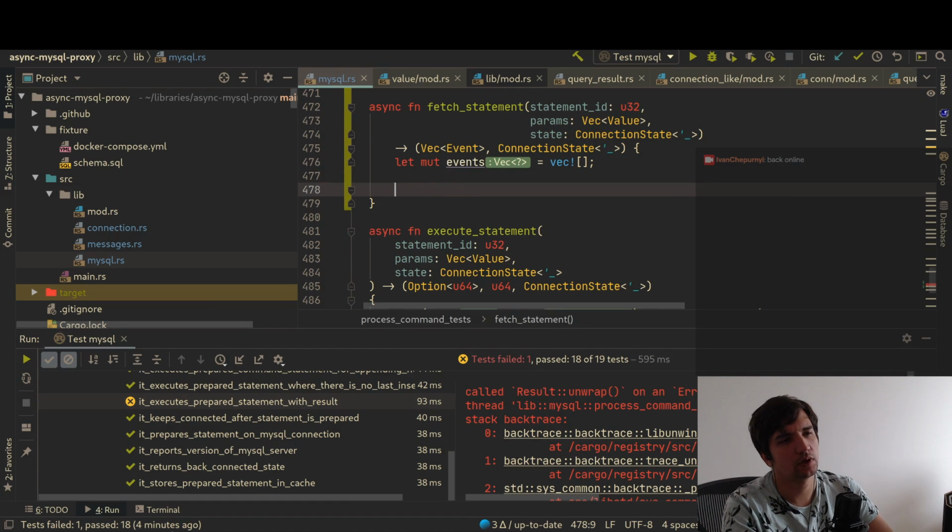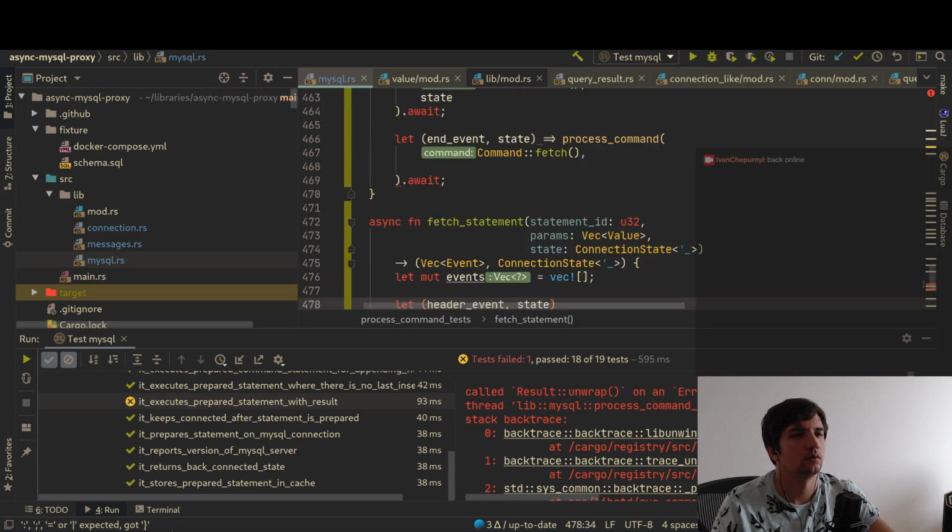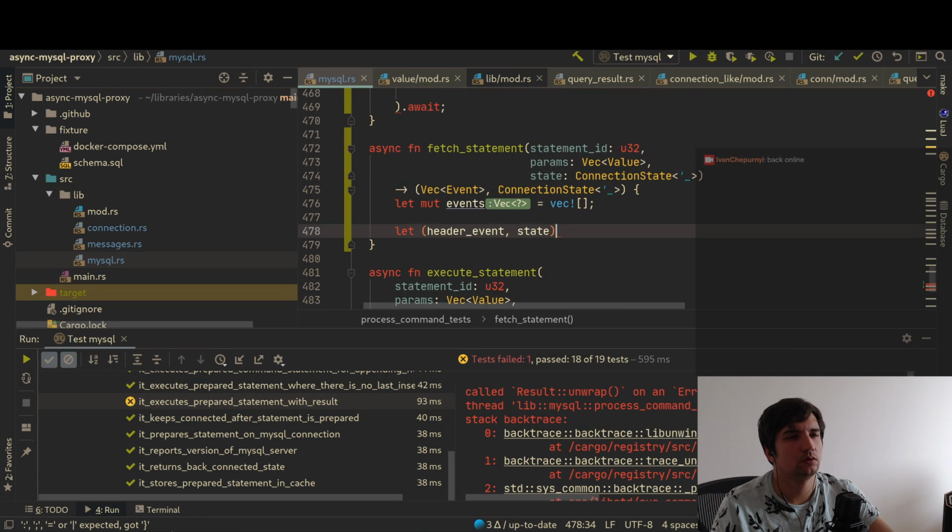It's going to be an empty vector, and here we're gonna use let header event and state. So what it should do, so header event state,